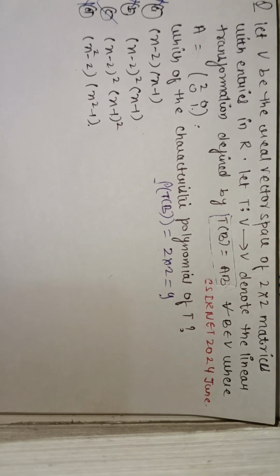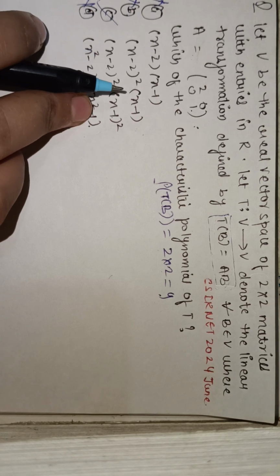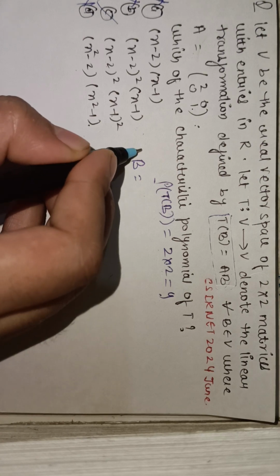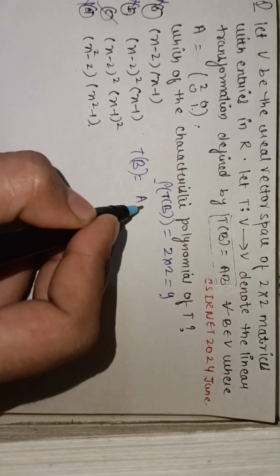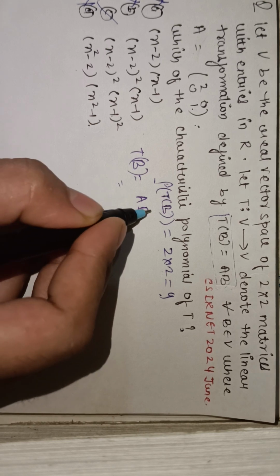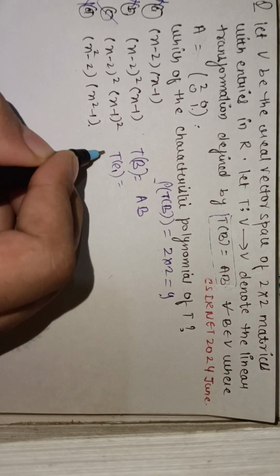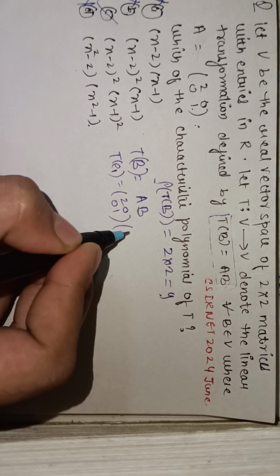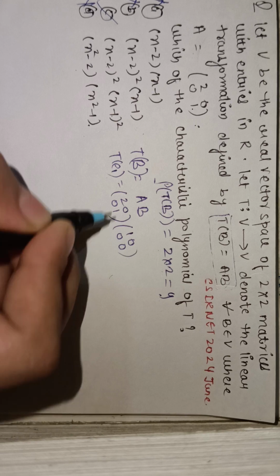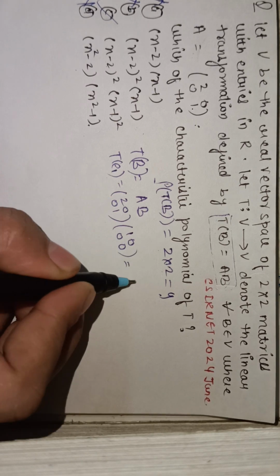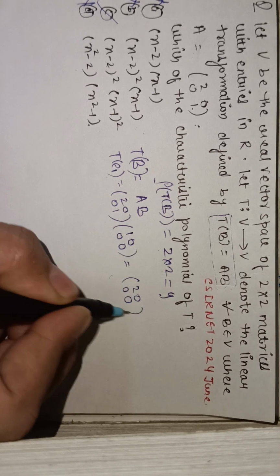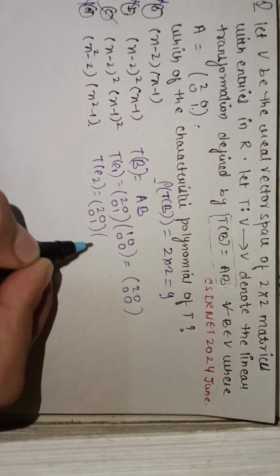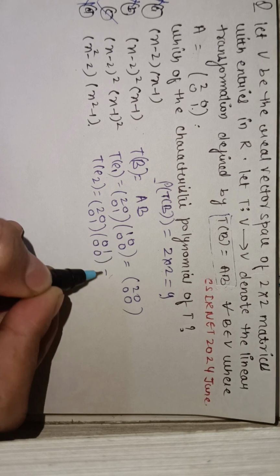If you have a question how these eigenvalues come, then you can form it like this: T of B equals A into B. We have to write the standard basis: T of E1 is [[2,0],[0,1]] into the standard matrix [[1,0],[0,0]]. We get [[2,0],[0,0]]. Then for E2, [[2,0],[0,1]] into [[0,1],[0,0]], we get